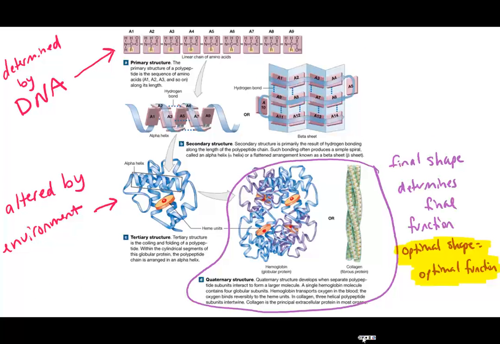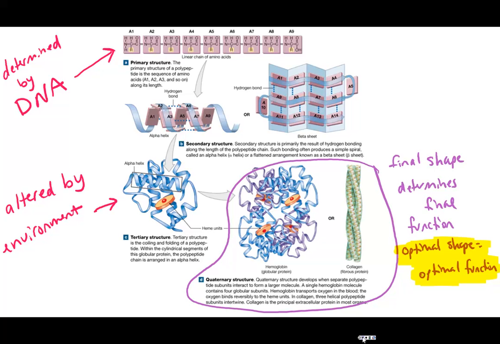Here's our picture from our text. So here's the whole image of protein structure. Of course we start with our primary structure, our chain of amino acids connected by peptide bonds. If you've heard the term polypeptide before, that's talking about many peptide bonds. Remember, the primary structure is determined by the DNA sequence. So that's that basic information that's inherited from your parents. Then we see hydrogen bonding will occur between those amino acids. And based on that hydrogen bonding, you're either going to get that alpha helix, which is the spring, or the beta pleated sheet, which is like the folded fan.